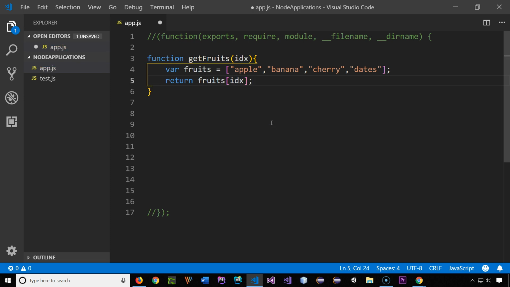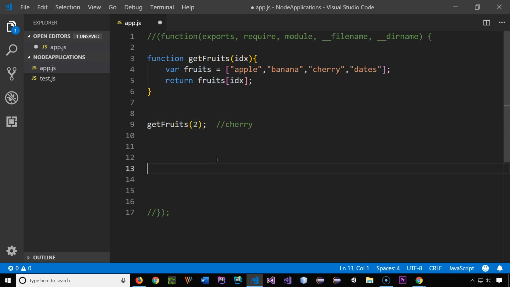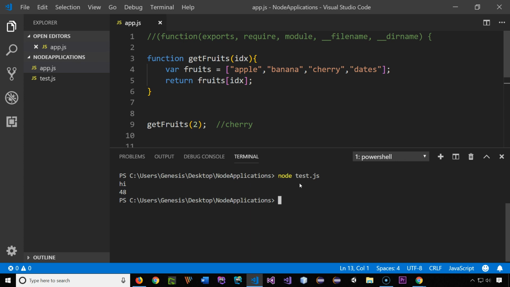Okay, so that function is there, and then I can call it down here. I can say get fruits of, that's 2, right? That should give me cherry. That's my expectation. So if I save this file, go to my terminal, and then if I run this test, not test, but the app, so node app, I will see,